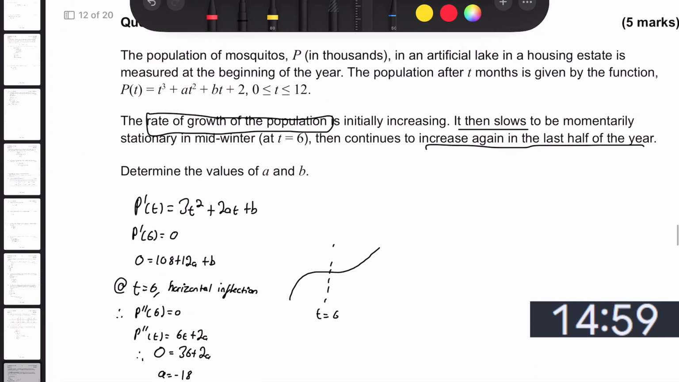Another fraction. The rate of growth of the population is initially increasing and slows to be momentarily stationary in midwinter at t equals 6. And then continues to increase in the last half of the year. So let's see, if I graph 3x squared plus 2 times negative 18x plus 108. If I graph that,